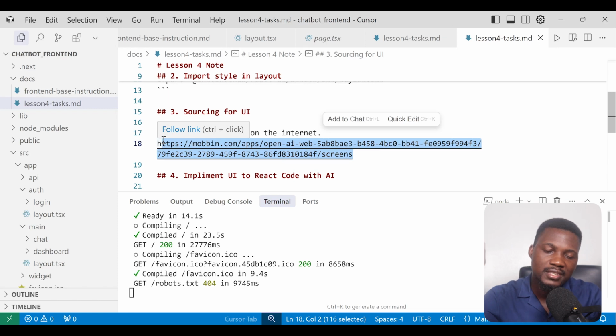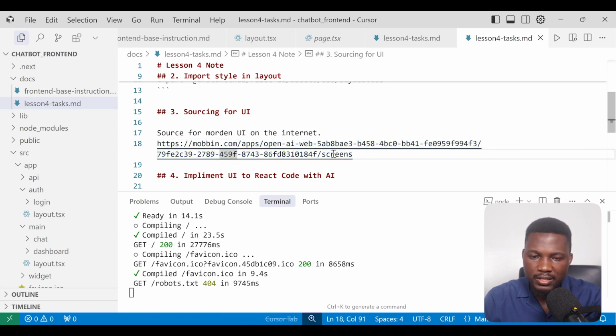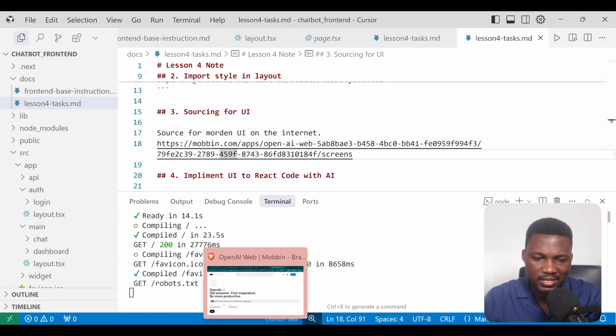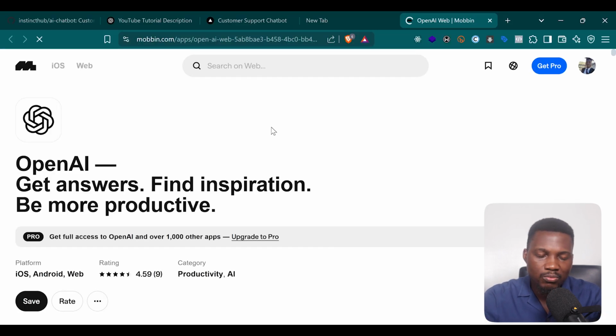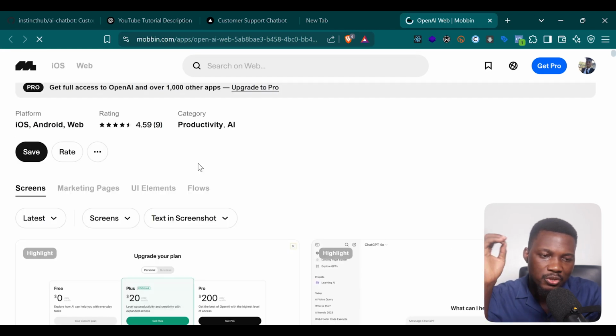Okay, now let's take a look at what I'm trying to do here. So I'm just going to hold down my control key so that this link is clickable. I would hit on the click, and I think it should ask me if I trust this. Okay, it has asked me before, and I said yes, so cool. So now we're going to be using the ChatGPT interface, and of course they have a very unique interface. So we will try to use their interface, and I am currently seeing their interface mock-up on a platform called